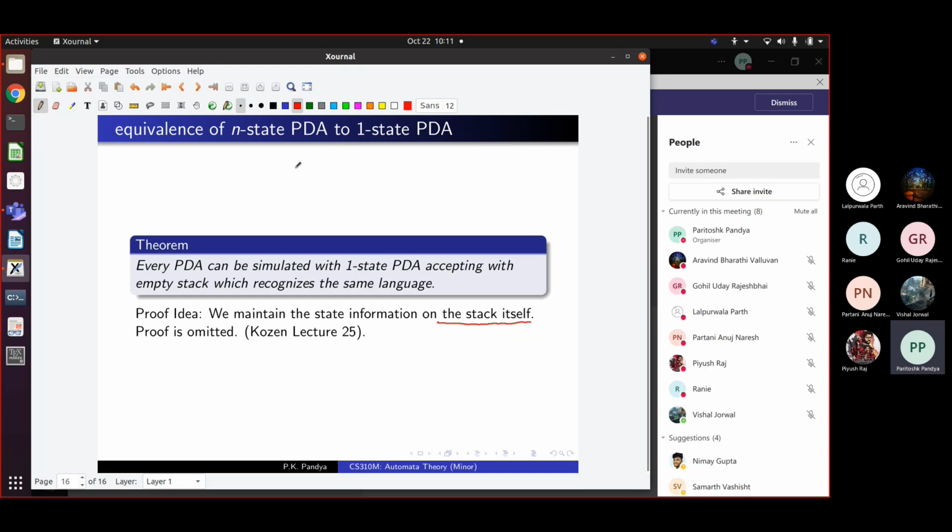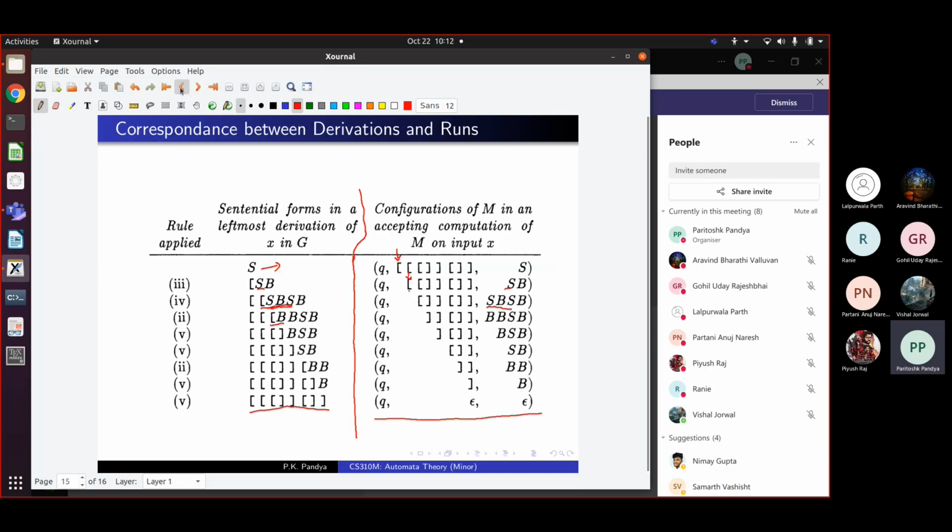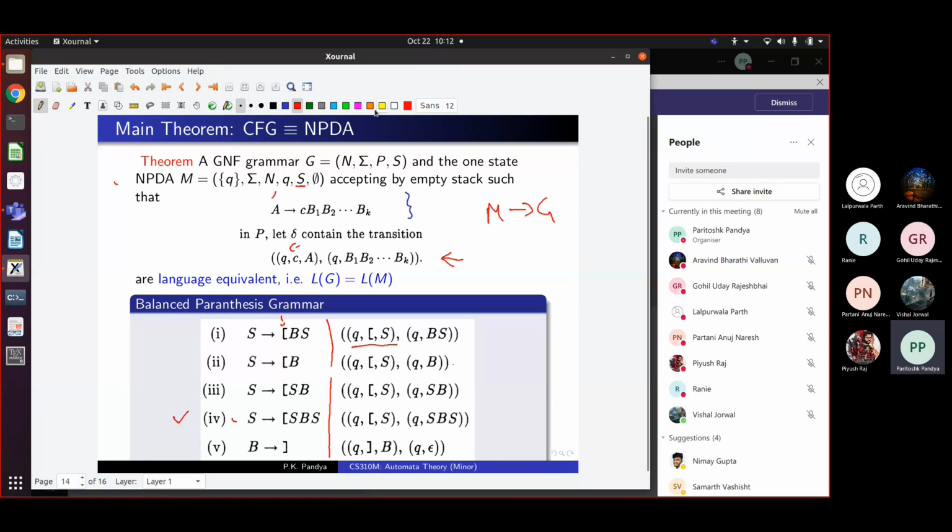So every PDA is equivalent to a grammar in extended Greibach normal form, right? Conversely, if you are given an arbitrary grammar, we can convert it to a grammar in Greibach normal form, and that is equivalent to a one state PDA. So in some sense, all these models have equivalent power, and pushdown automata recognize context-free languages. That is the main important result, and it took quite a bit of effort to actually get this result in the literature. It took several papers to arrive at this. So what have we learned?